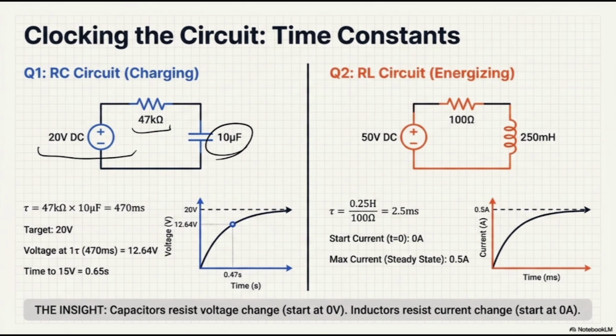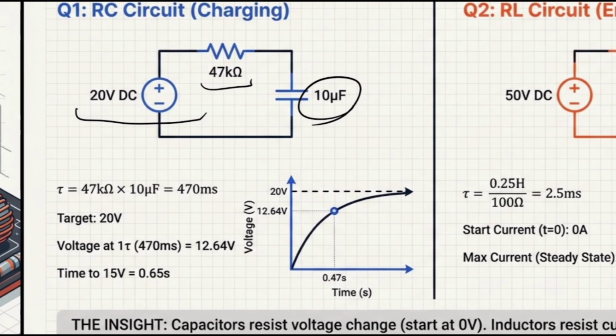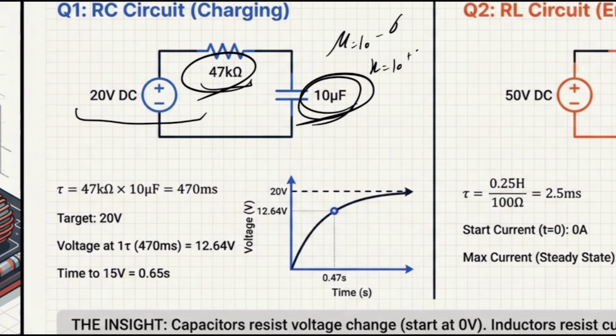The question is simple. The very first part is to find the tau. As you know, tau equals R times C. So what do I have? I have 47K times 10 microfarad. The micro is 10 to the power negative 6, while the kilo is 10 to the power positive 3. By multiplying these two, I have 470 milliseconds, as you can see over here,